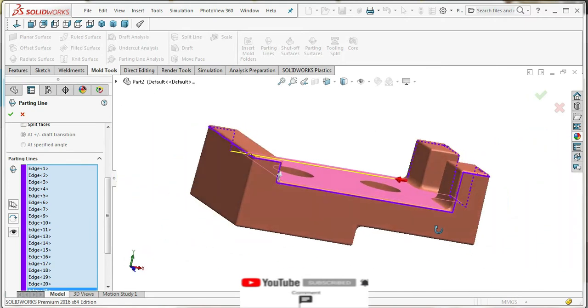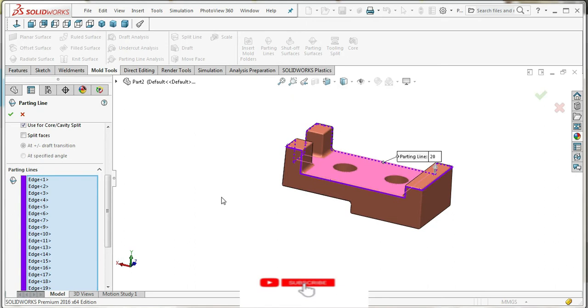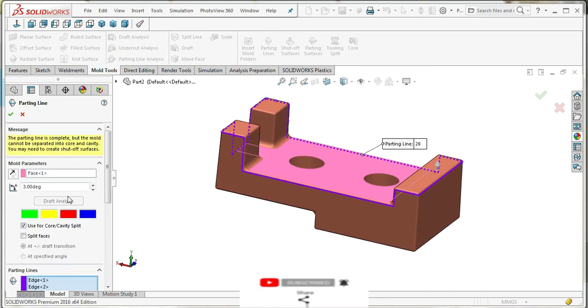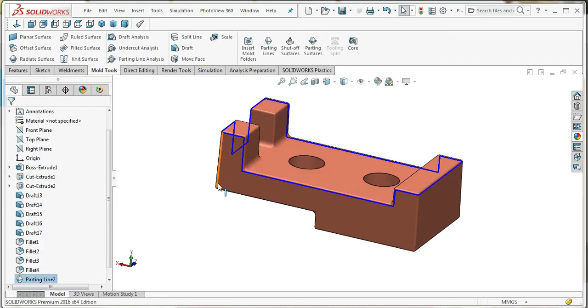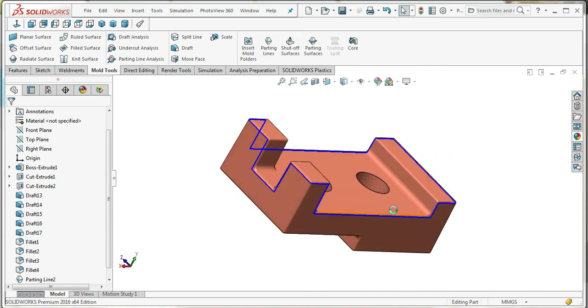So to close it, the line is closed automatically, and the parting line is created now.